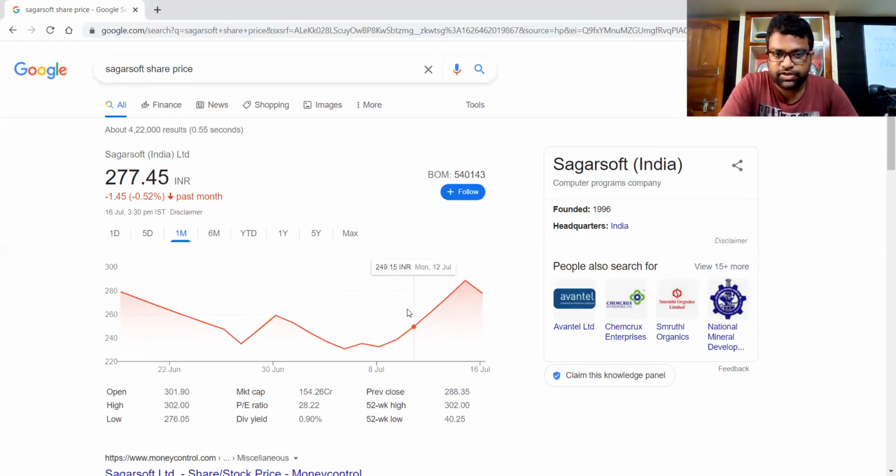Okay. Then it started its upward trend from 8th July. The upward trend started again from 232, where I was already 17 rupees in loss. Still I was holding it, right? Then from 8th July it started increasing. I was just observing, and when it gave me around 20% return, around 48 to 50 rupees per share, when I got it in the morning, I just sold.